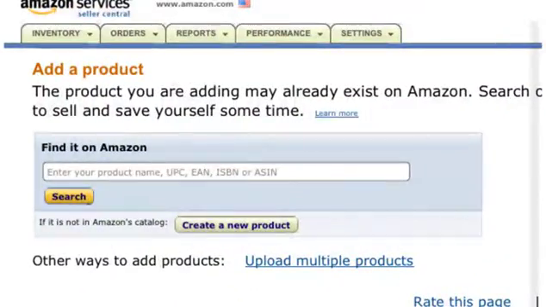So like I said, this is once you're in your Seller Central account, and you're basically going to click at the top Inventory, then Add a Product. And once you're here, you can take that ASIN number and just pop it in this search box. Or what you can do is, instead of actually searching on Amazon.com to see if the product's even selling on there,